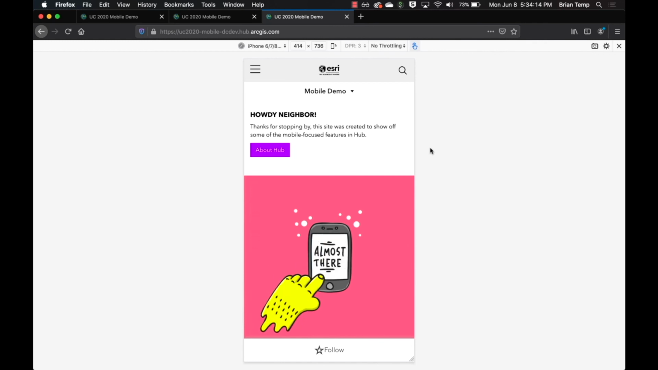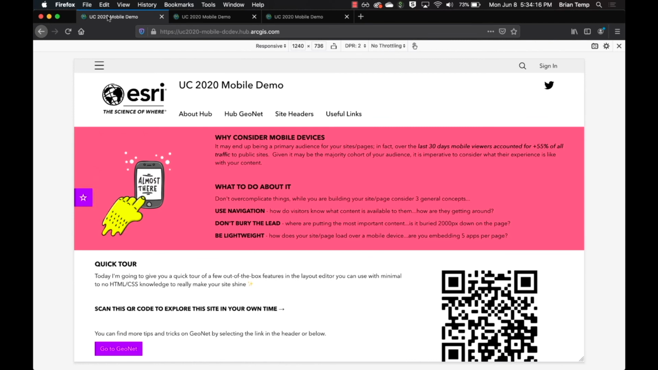So we're going to go back and return to the last 2 concepts we have here: not burying the lead and being as lightweight as possible. And I'm going to kind of walk through a demo of how to do both of those things a little bit at the same time with the rest of this site that you see on the page. But just to touch on those generally,